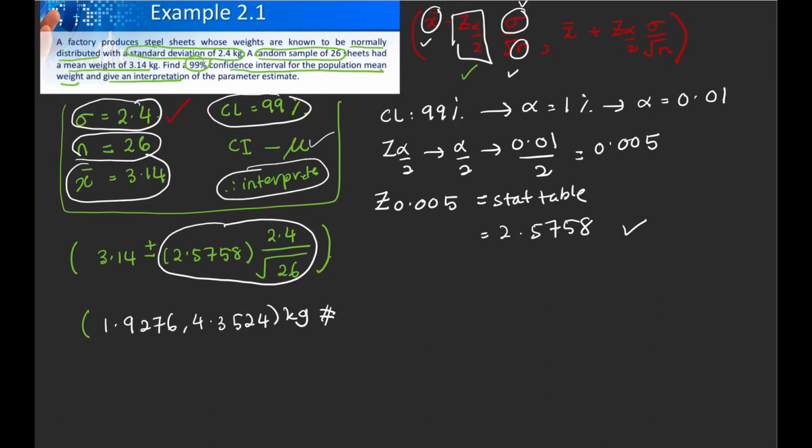So last you have to interpret. So how do you want to interpret? We will interpret like this. We are how many percent? 99% confident that, so you copy from this, that the population mean weight, that the